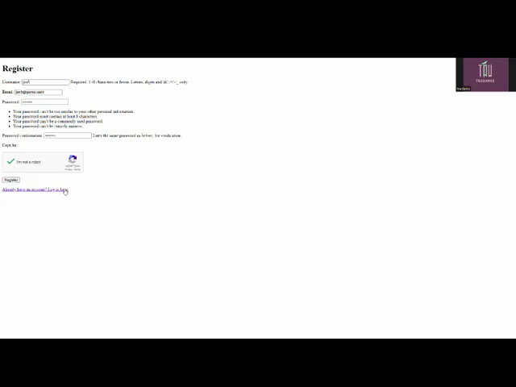Once you're registered, you should be able to log in from the system, like this one. Maybe we could try to use this one. So this one is an active user. Definitely you would need your token.